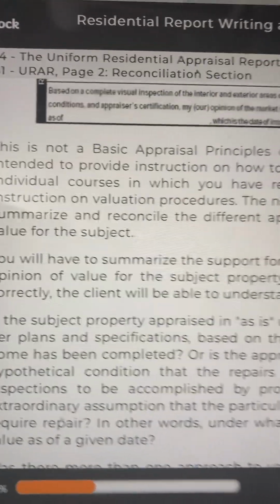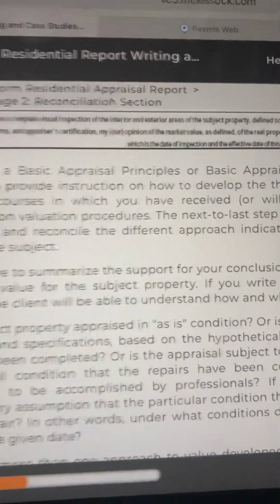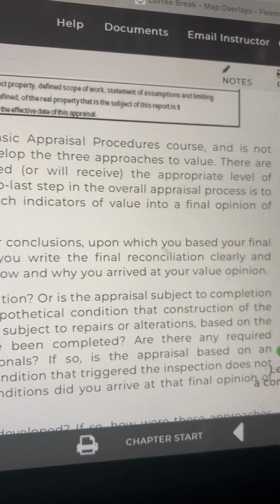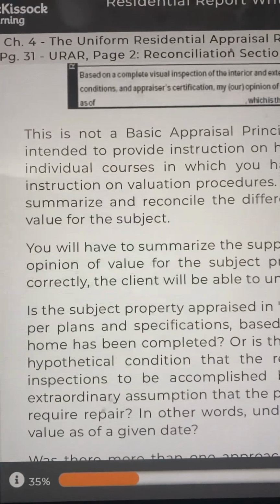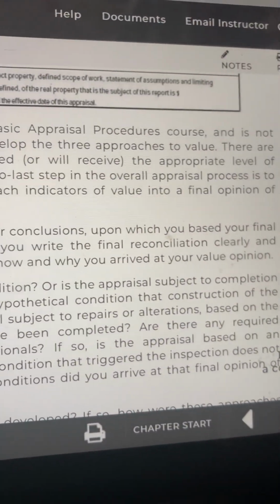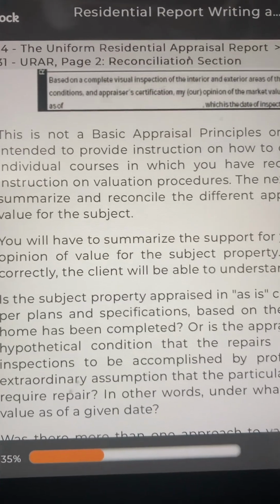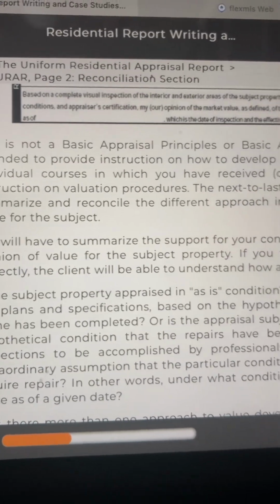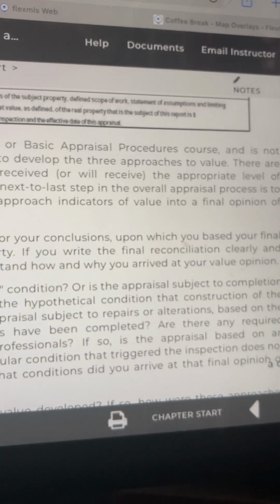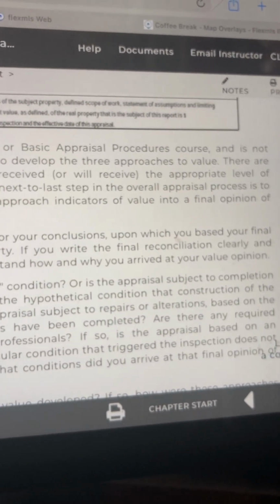This is not a basic appraisal principles or basic appraisal procedures course and is not intended to provide instruction on how to develop the 3 approaches to value. There are individual courses in which you have received or will receive the appropriate level of